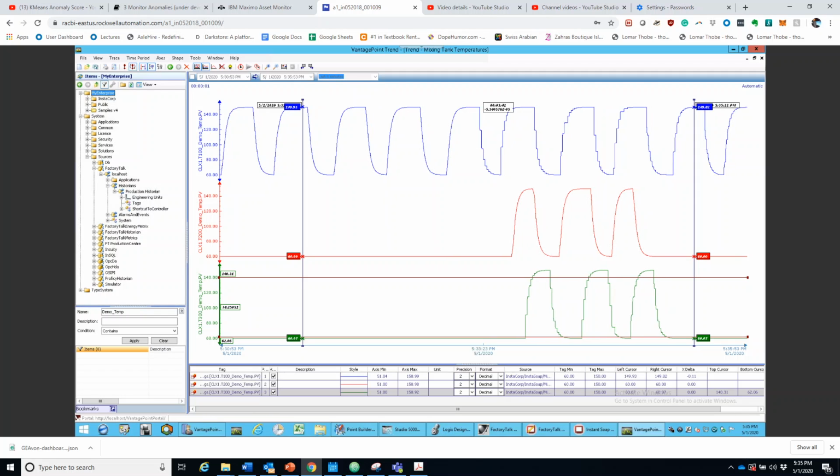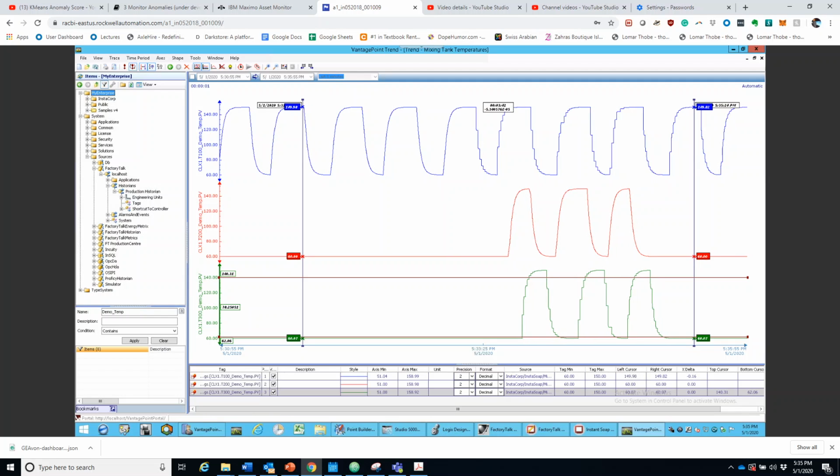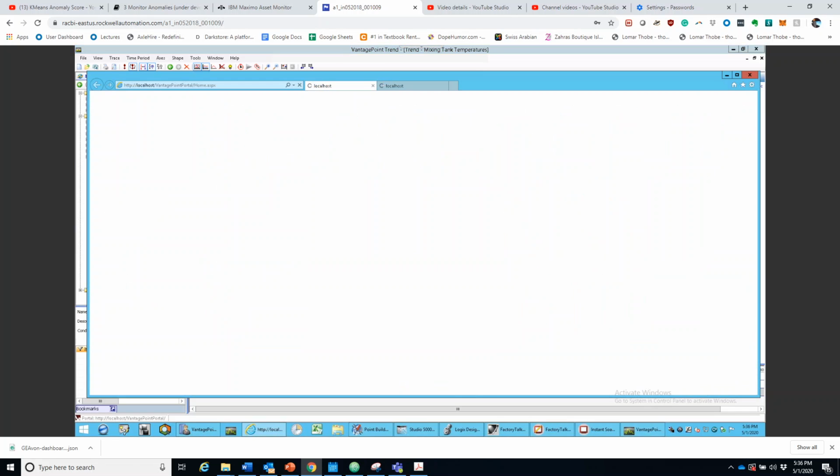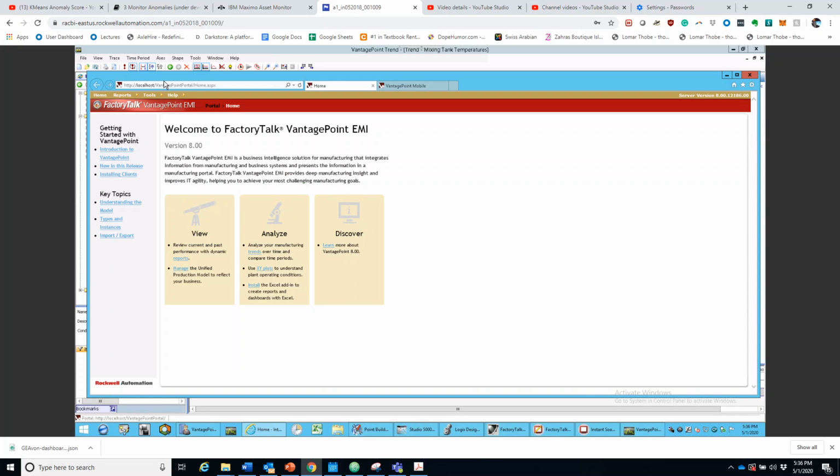Now with that being said, now we're going to go to our Internet Explorer, and the localhost is the port that's usually open for it, so you have to open that port and enable it. If you haven't, I've already enabled it. So once you're in your FactoryTalk VantagePoint EMI, what you're going to want to do is you're going to want to go on Report, My Enterprise,